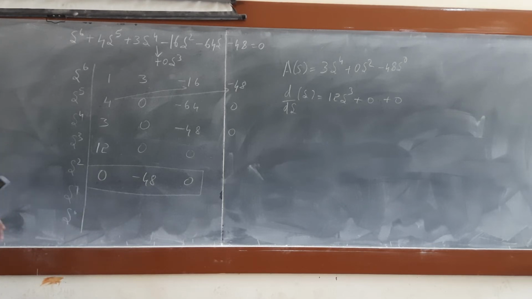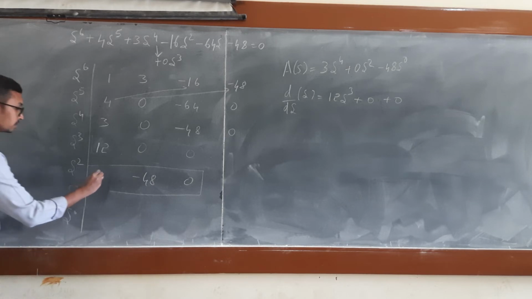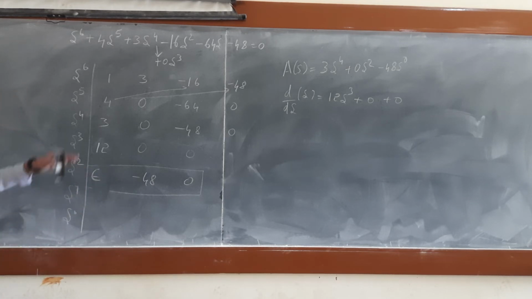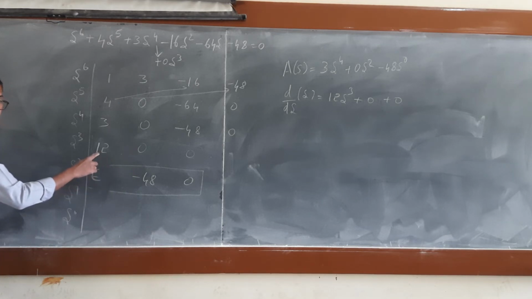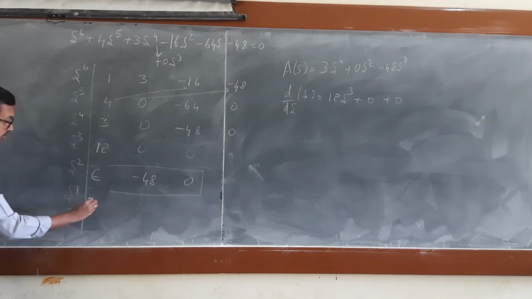I am going to replace this 0 with a small non-zero element, epsilon. Completing the array: epsilon into 0 minus 48 into 12, divided by epsilon. How much is this? Minus 576